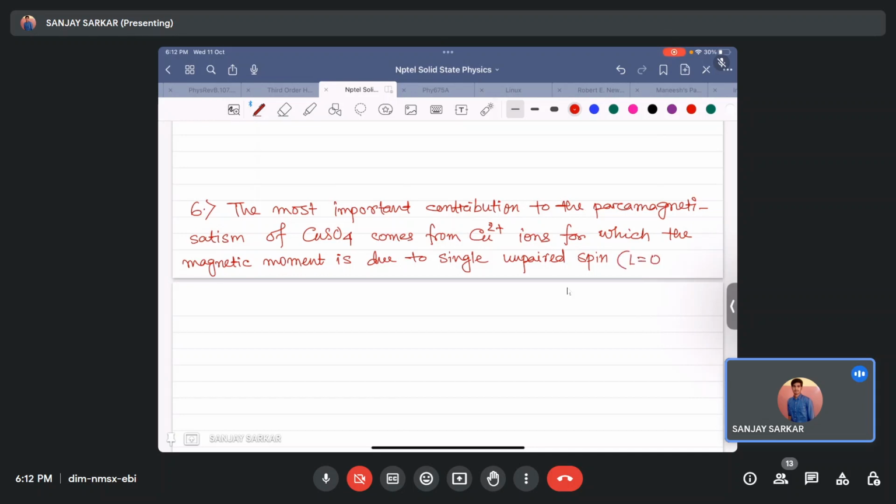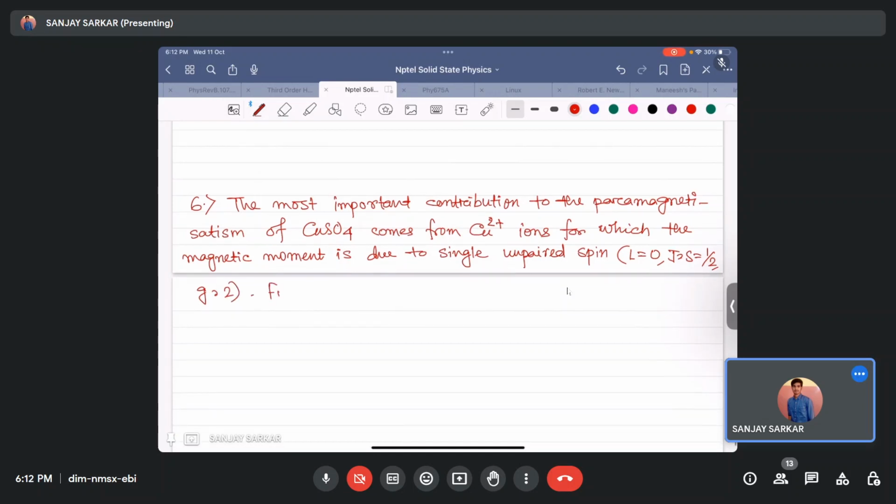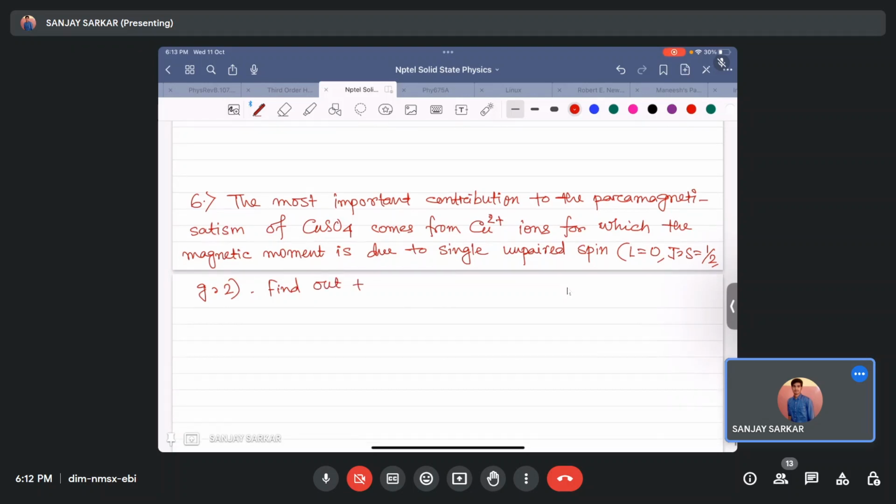L is equal to 0, J equal to S equal to half, and g equal to 2. So all of these things are already given, you don't need to calculate. Find out the magnetization